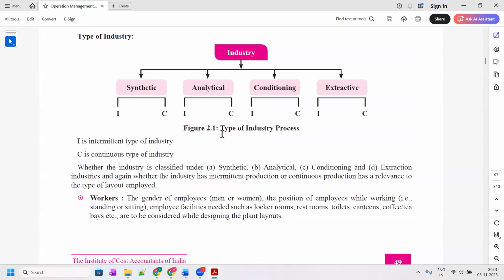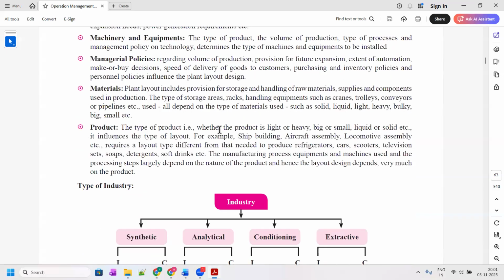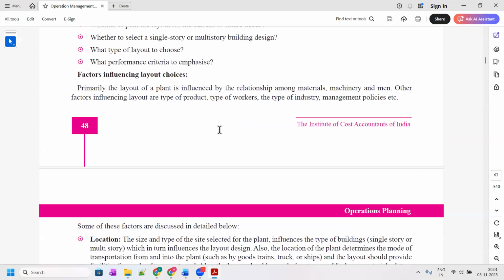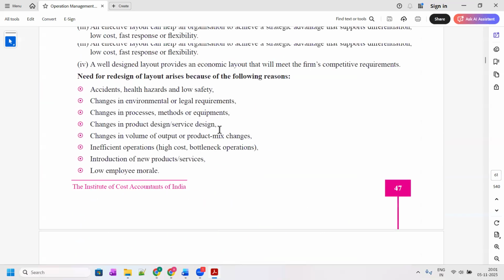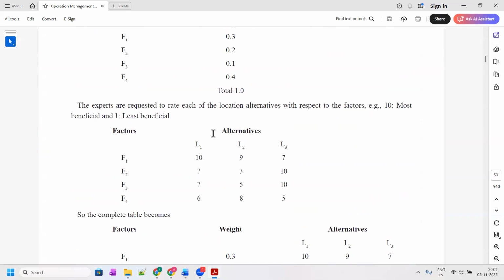Then when we talk about the type of industries, we are talking about four types. They can be synthetic, analytical, conditioning, or extractive. We'll talk about the types of industries tomorrow. Before that, let's summarize what we have discussed in today's class. In today's class, basically we have discussed facility, location and